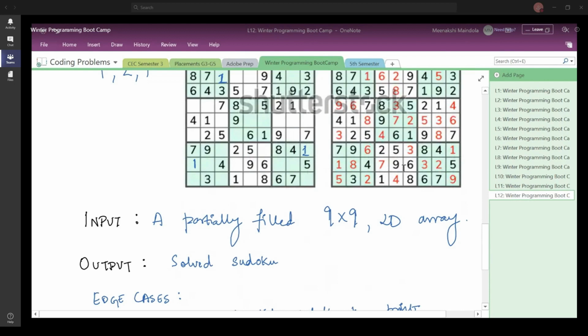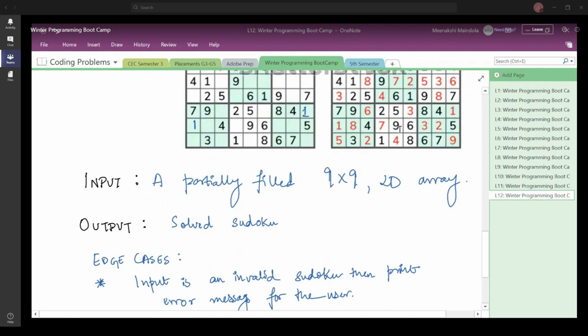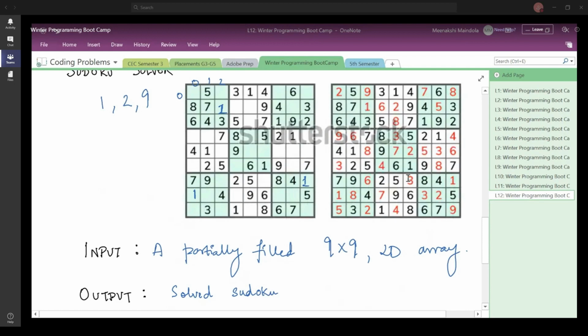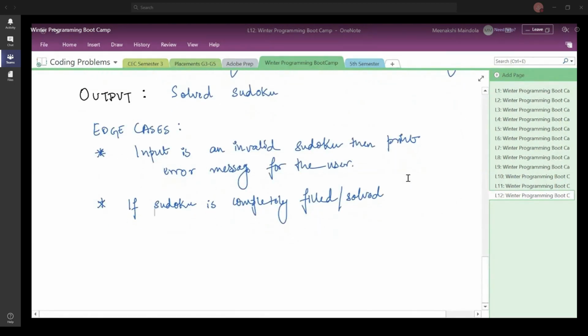If the user gives you the input of a Sudoku which is completely solved and solved correctly, then you can simply say that it is already solved. And it is possible that the user gives you a completely solved Sudoku which is not correct, wherein, for example, this value 5 here is occurring 2 times in the same row.